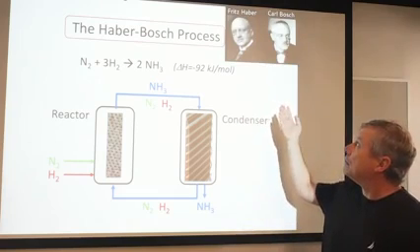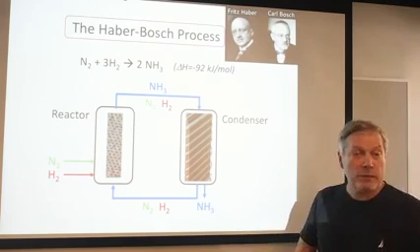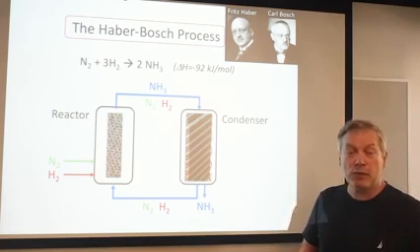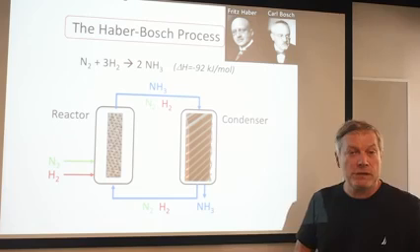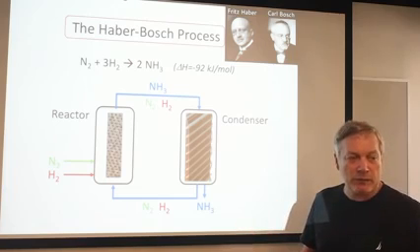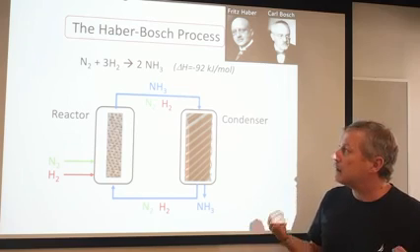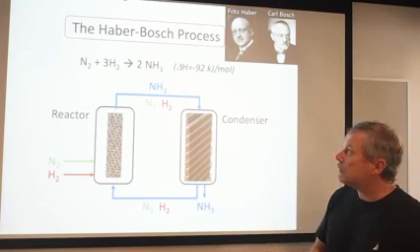Here are the two gentlemen that gave their name to this process. Both were Germans. Fritz Haber was a physical chemist who invented the process that I will tell you about. And Carl Bosch is the one who took it to practice, who made nitrogen fertilizers on a grand scale and had the most impact in the agriculture of the 20th century. So what is the